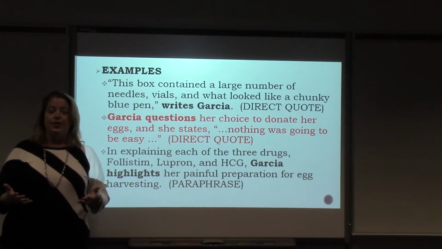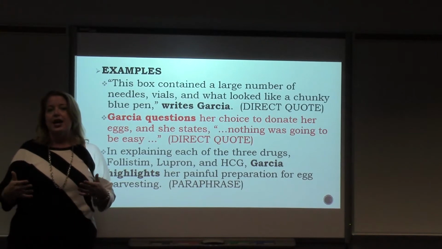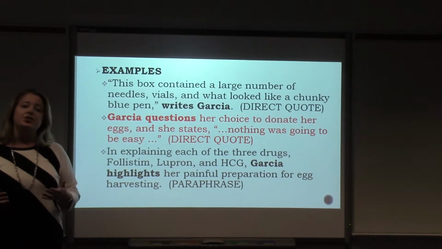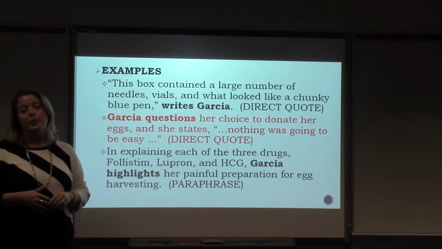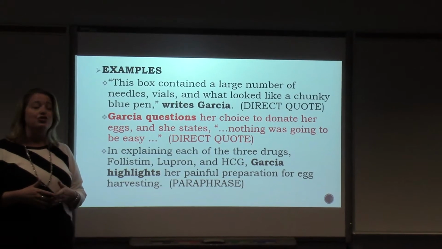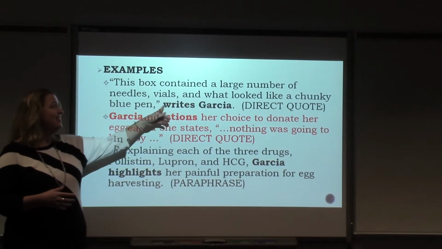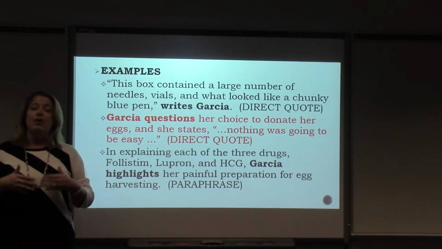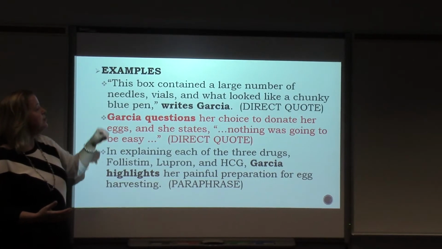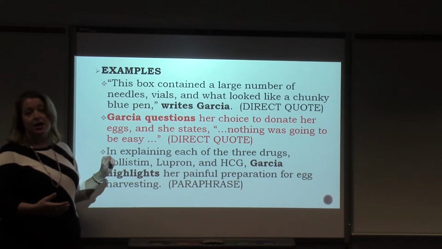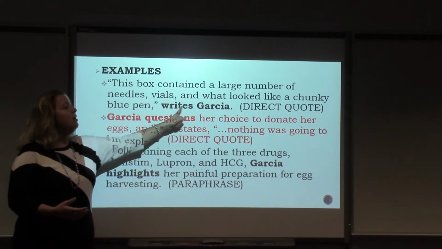If I have an author who is cited and I know who that author is, simplest way to do this is to use the author's last name. So in my first example, I have a direct quote. And in this case, I've chosen to use my signal phrase at the end of the direct quote. And it says, writes Garcia. And so I have my quotation marks to denote a direct quote, my comma rule 5, guys, and then writes